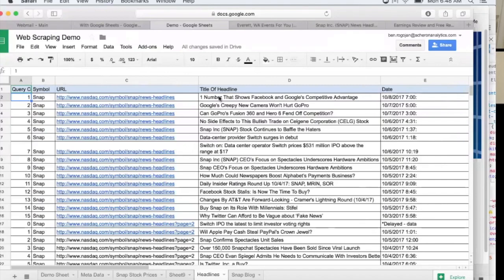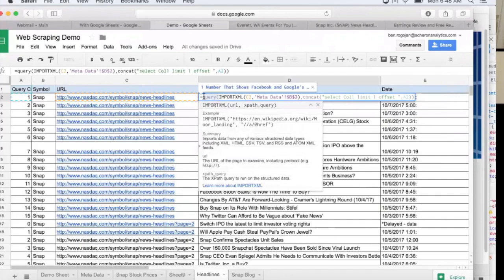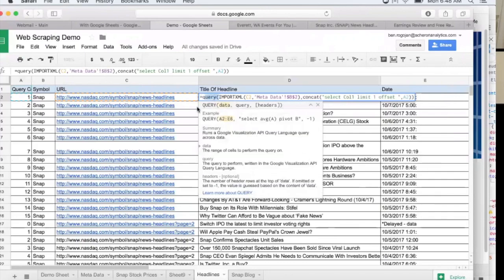Then the one other thing that I found was helpful with web scraping is this query function. Because sometimes when you pull things in without this query function,